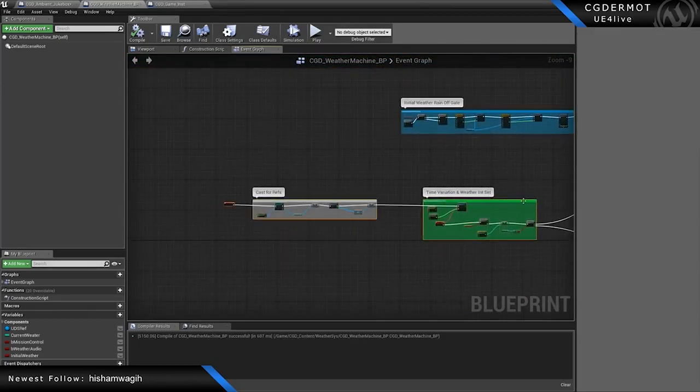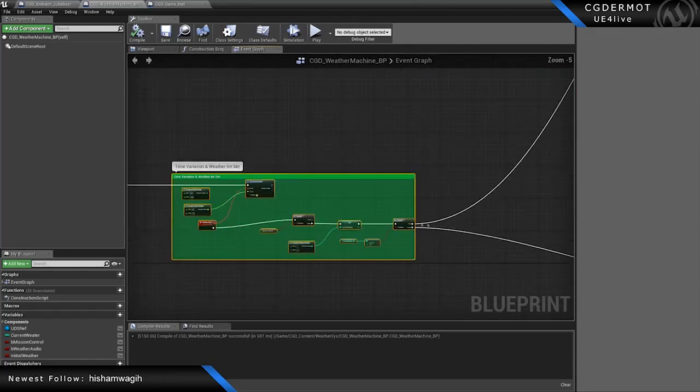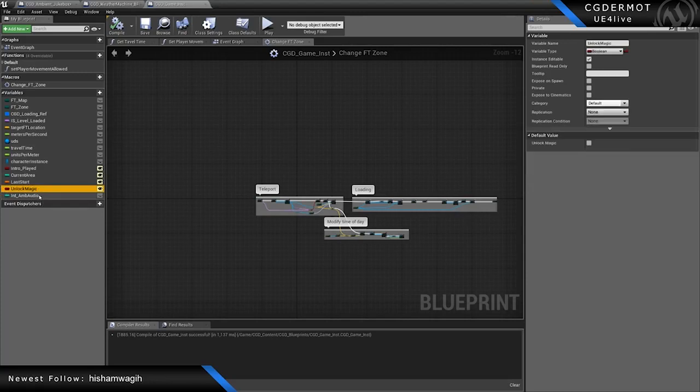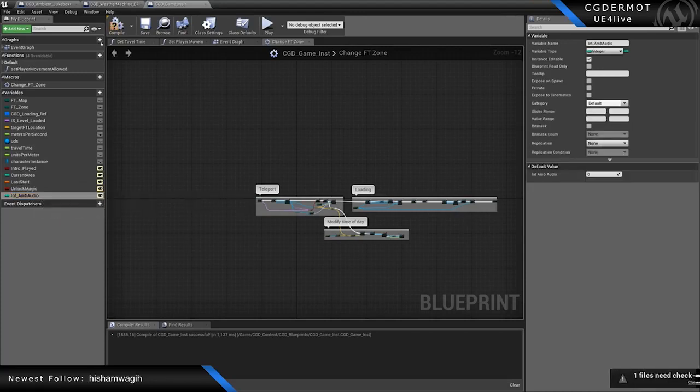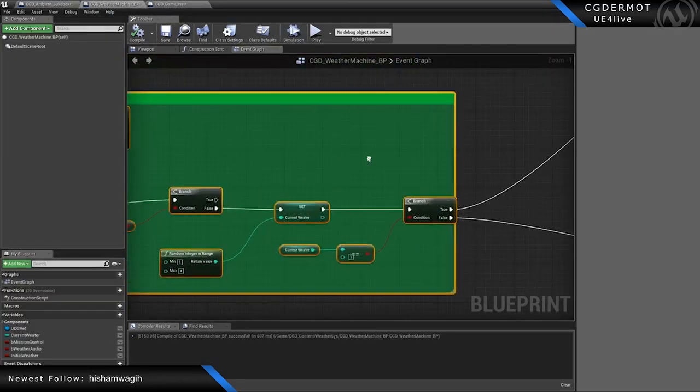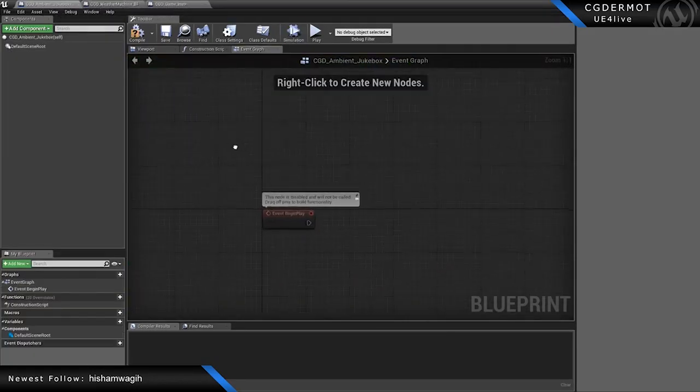Basically we want to cast into this game instance and change our int here. And then we can use that in a new blueprint called ambient audio jukebox, where at begin play we will get a reference to that variable and use that to drive our audio blueprint actor that we